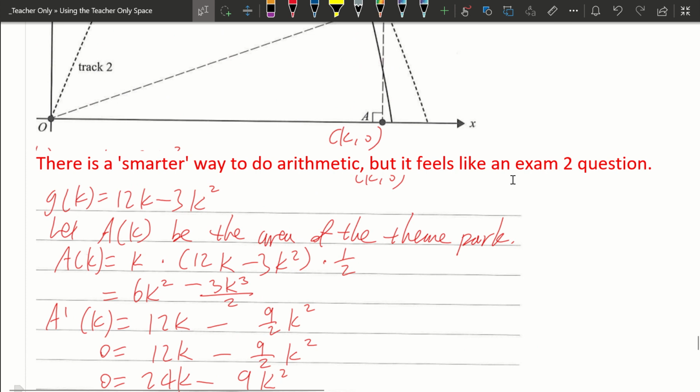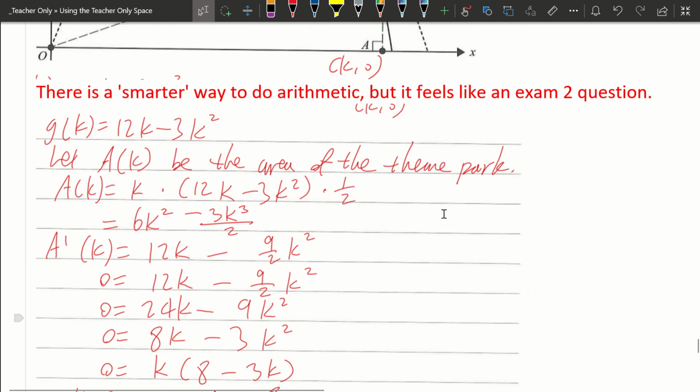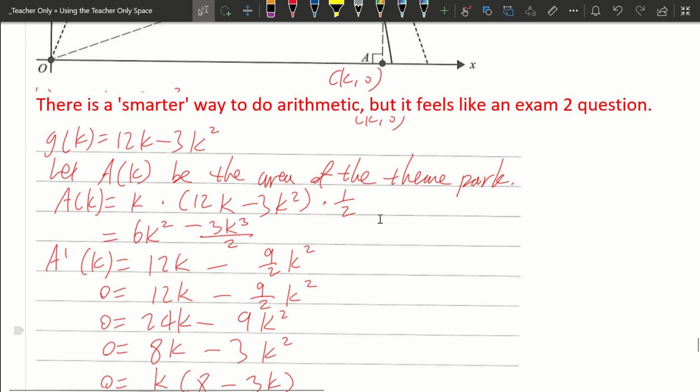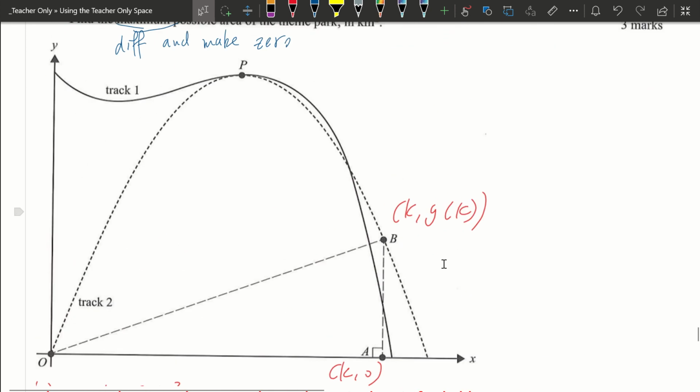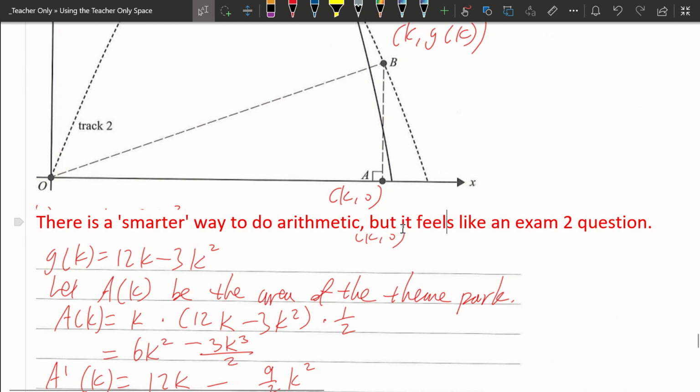But then again, look at my comment. I am not thrilled by the arithmetic. I don't think it's necessary. And the question feels like an exam 2 question. And I say this because